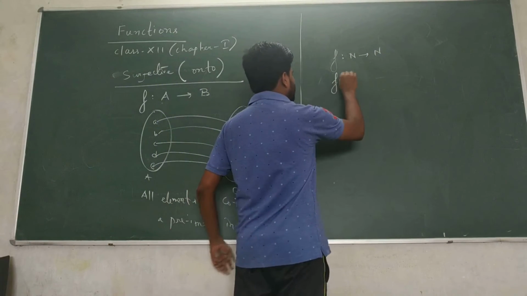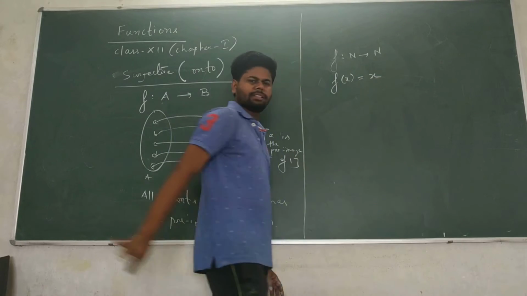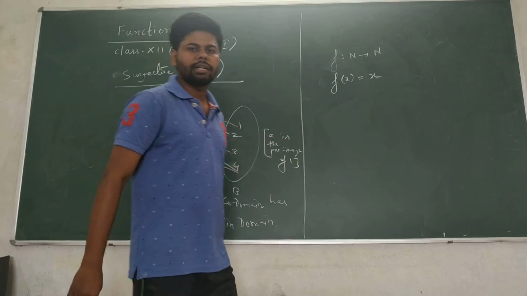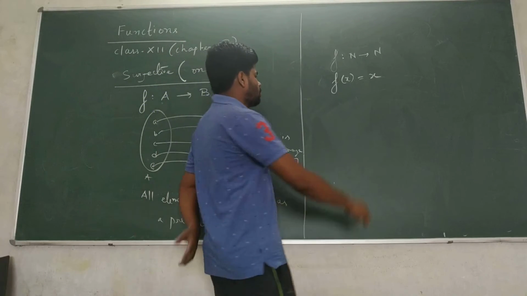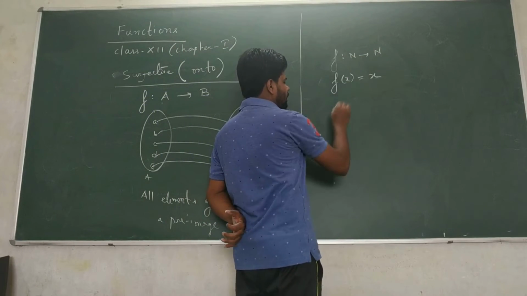Okay, and the function is defined by f(x) equal to x. Very simple. It is called the identity function. Okay, identity function. So now, if the function is from N to N,